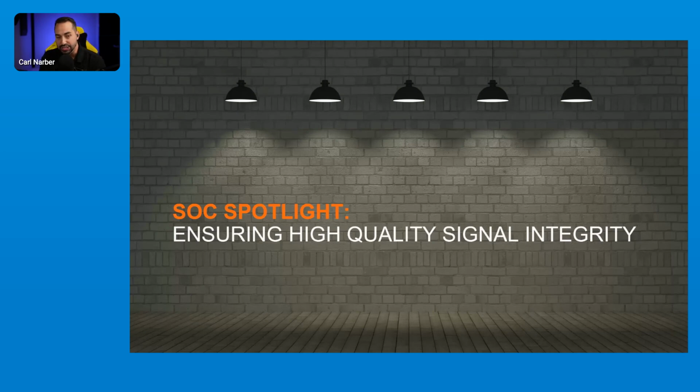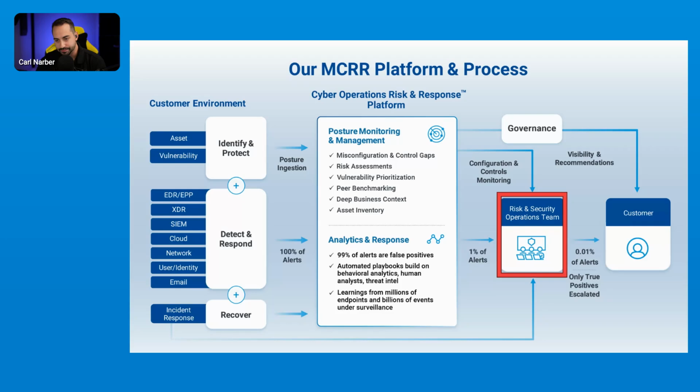But before we do that, I just want to give a brief overview of what I just spoke about, in a diagram. On the left side, if we look at a customer's environment, we're looking at assets and vulnerabilities, those gaps and the vulnerabilities that are currently active in your environment. Then stepping down, of course, your EDR, your hybrid XDR, your SIM, all of the cloud infrastructure coming in, making sure we identify anything on the network: firewalls, user identity, so that's going into the user log identification space.